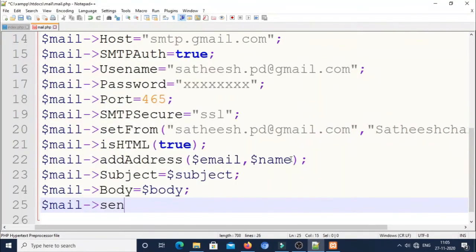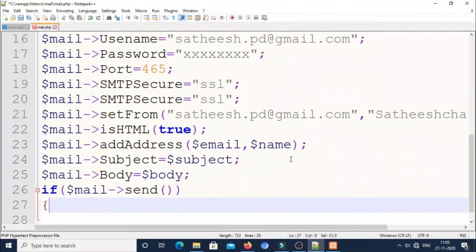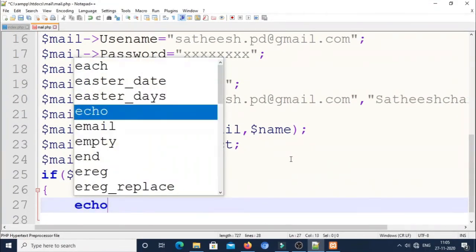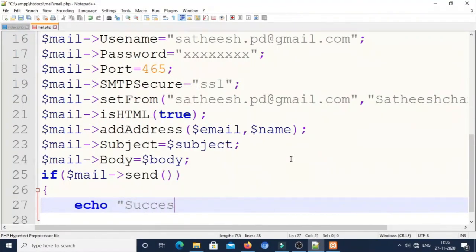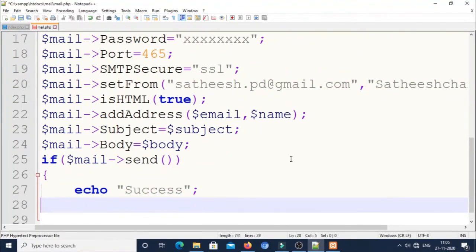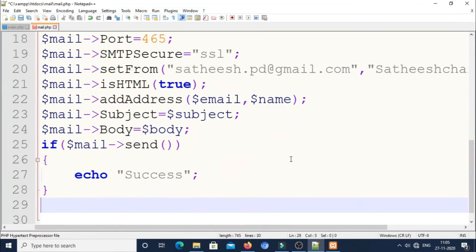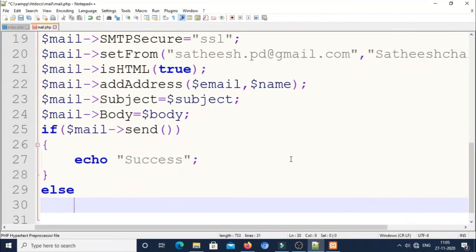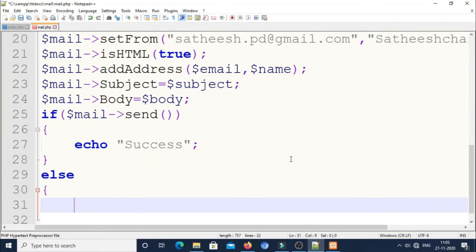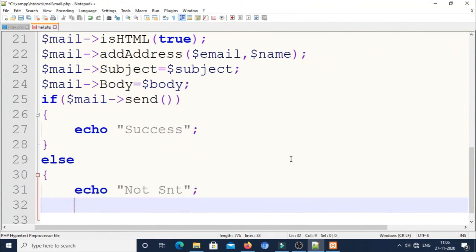Once you set all those properties, finally you can use the send method to send the mail. It's a method, and I will check it like if $mail->send(), I will display a message like success, else echo not sent.